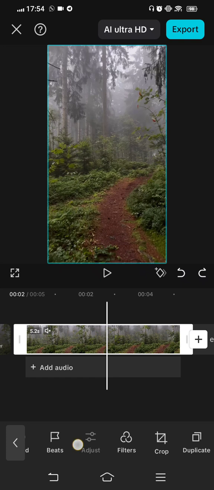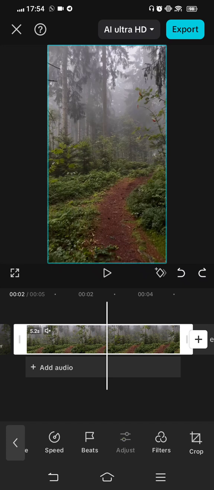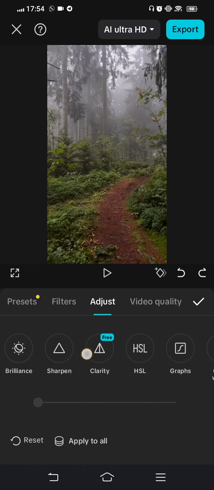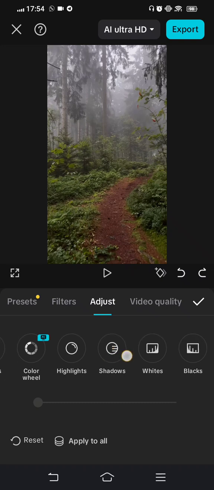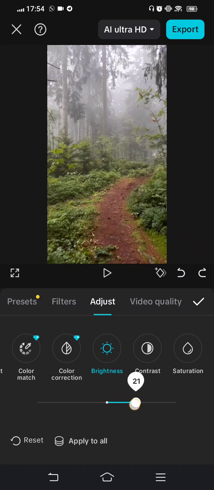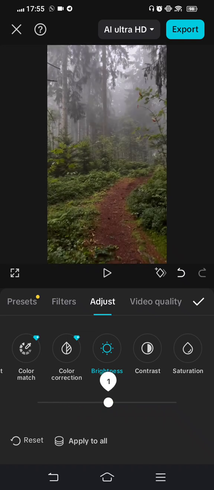So usually if you would like to change and adjust the color grading, then you can scroll to the right and click this adjust. As you can see here, there are several options to adjust the color grading, such as the brightness. You can slide it to the left or to the right. And then the contrast,